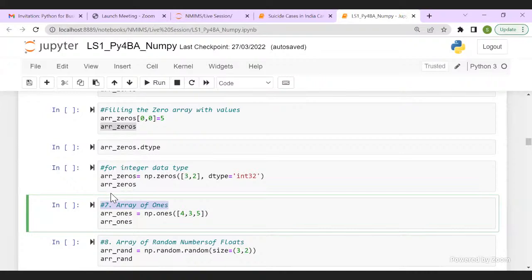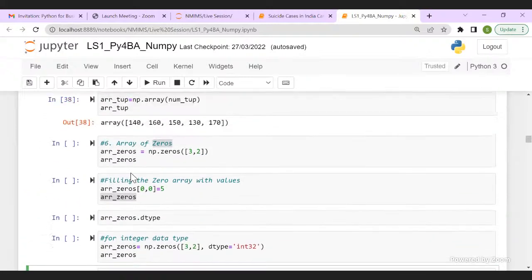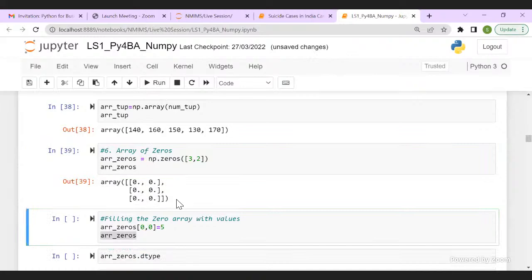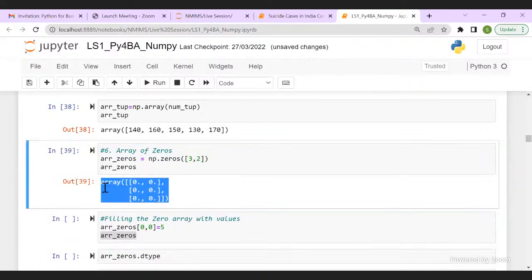If I multiply anything with 1, the number remains the same. So that is the identity. If I want to create an array of zeros, I'll invoke a function called zeros. I'll give the shape of my matrix, whether I want to create a 1D array, 2D array, or 3D array, depending. And I'll execute it and I'll get an array of zeros.